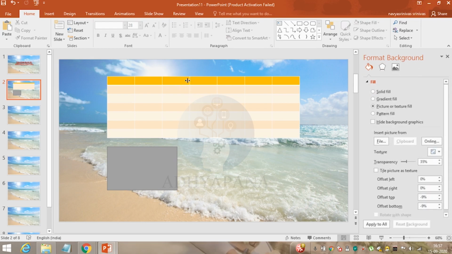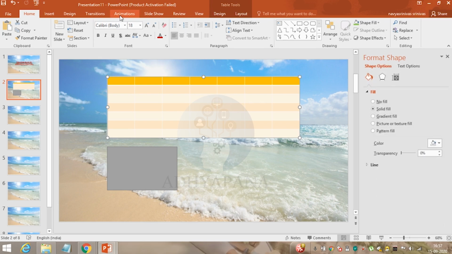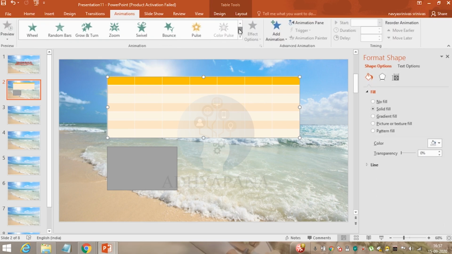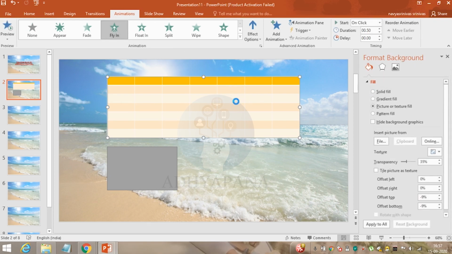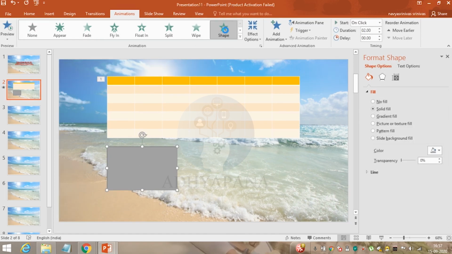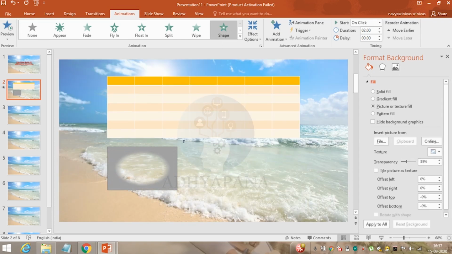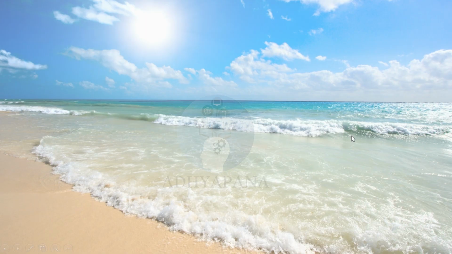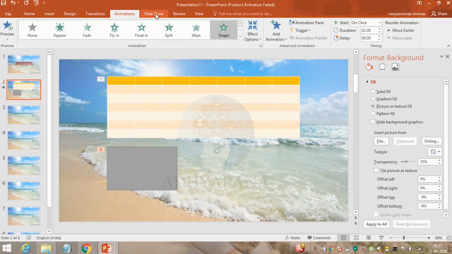If you want to add animation effects to your slide, just tap on this, go for animation. You can have so many effects which are available over here. I'll just go with a simple effect, that is flying, so that my flying will be in the form of the second slide. You can also select the shapes. I'll go for shape effect, so that my slide will be in another format. If you want to review your slideshow, you can just press on this, so you can preview this slide. This is in the animated form.